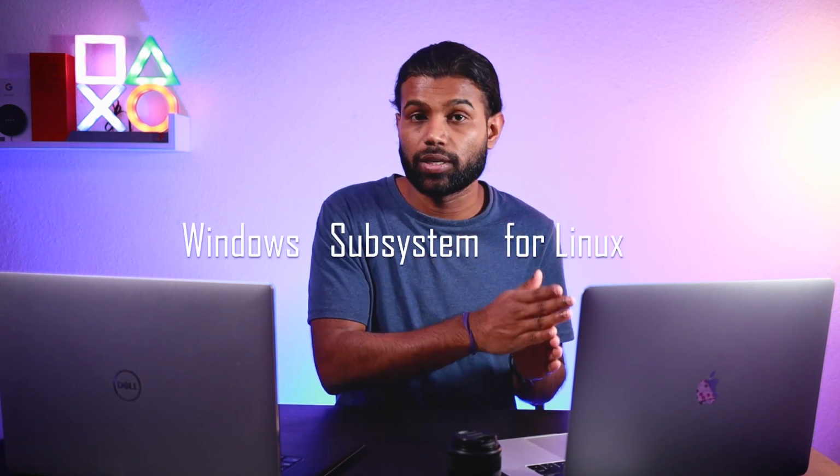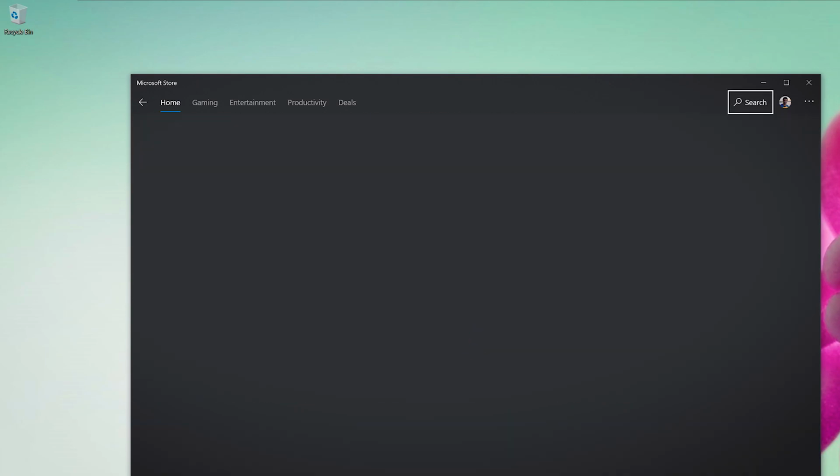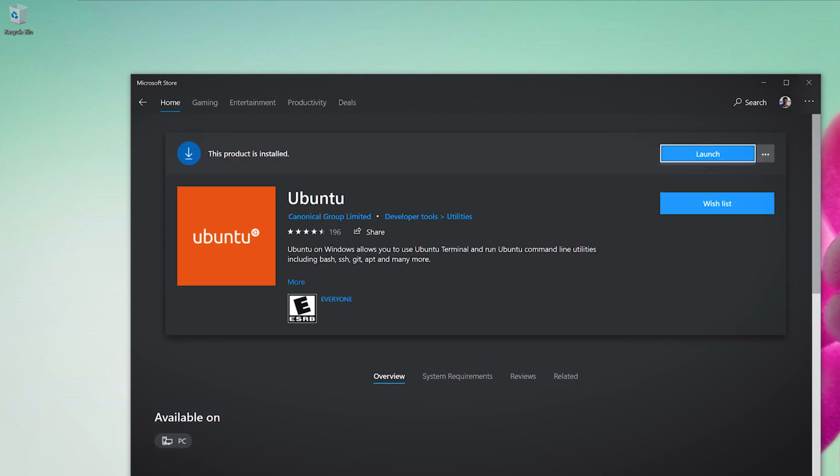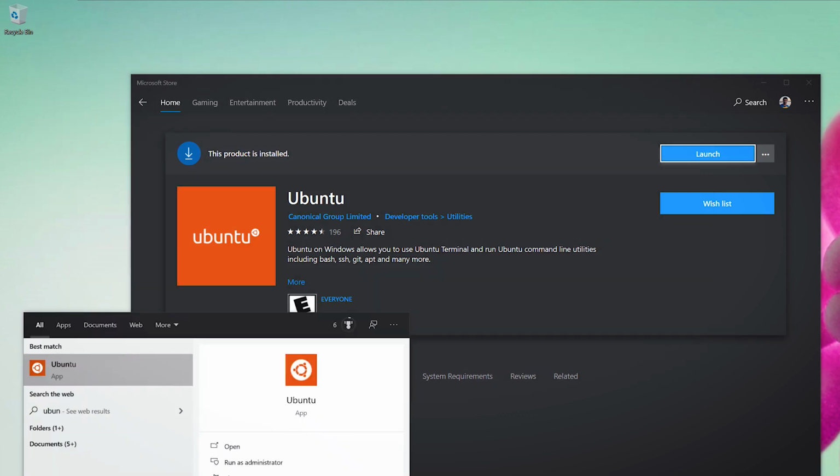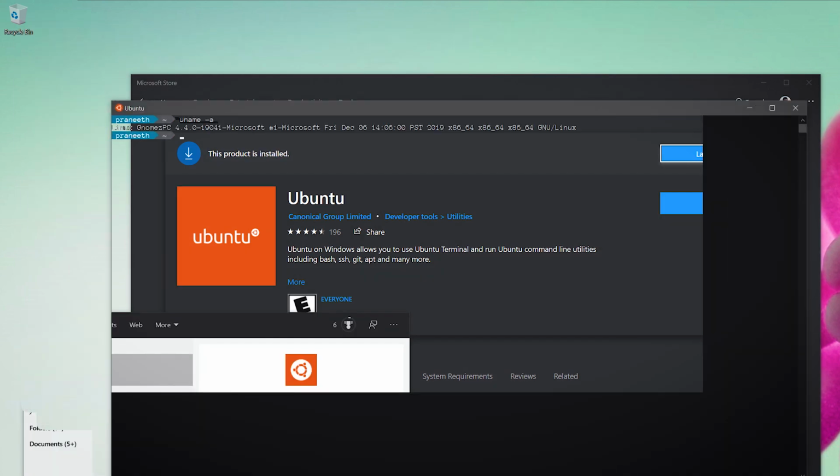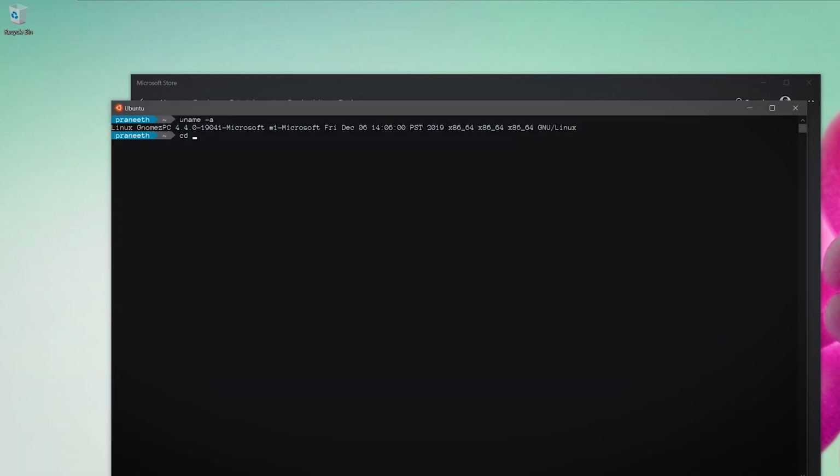But recently on Windows 10 later updates, they introduced something called WSL, like Windows Subsystem for Linux. If you haven't heard about it, it's just an abstraction layer between Windows and any other Linux host. You can install Ubuntu or any other, not any other, but there are several options that you can choose from the Windows Store. And this layer will bridge the gap between this Linux and the Windows operating systems. It's not a virtual machine, so don't get it wrong.